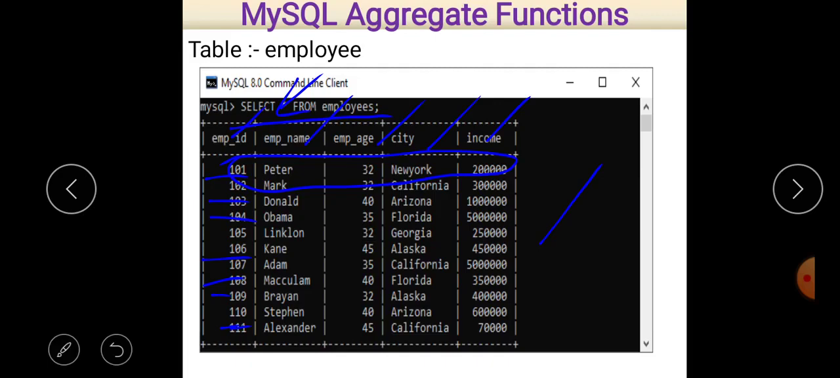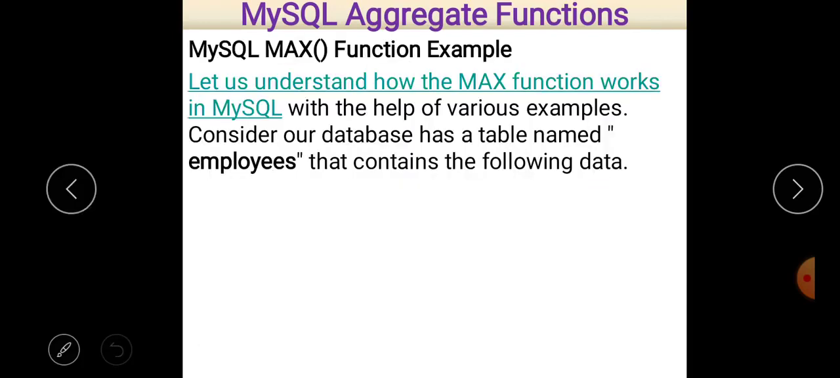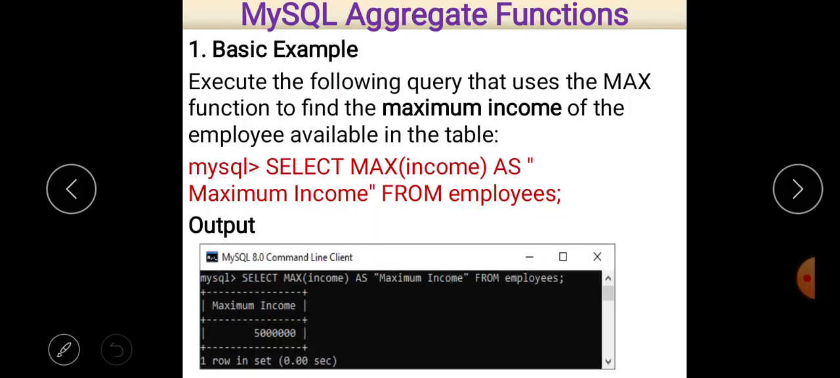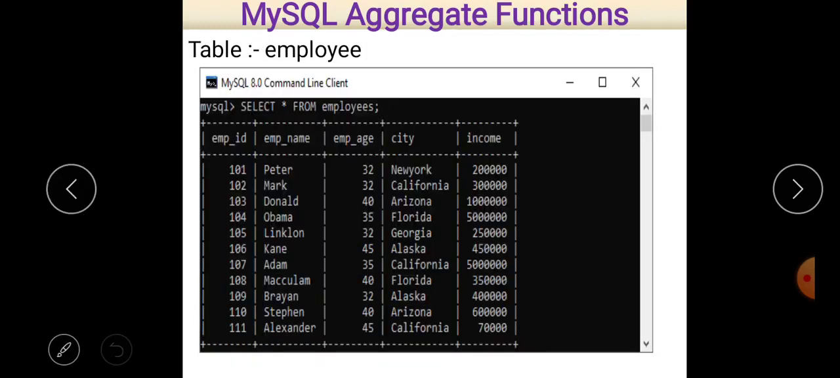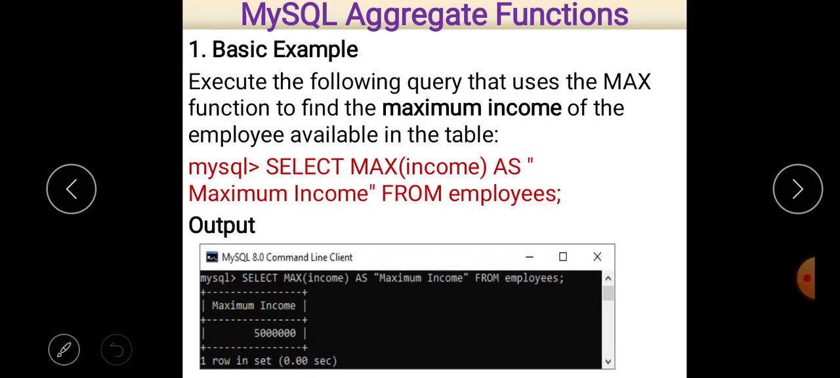So if we want to find out, suppose, the maximum income of an employee, then we can use the max aggregate function here, by which we can easily calculate the maximum income. So let us take a basic example. Execute the following query that uses the max function to find the maximum income of the employee available in the table. So if you want to find out the maximum income of the table employees, then we just write